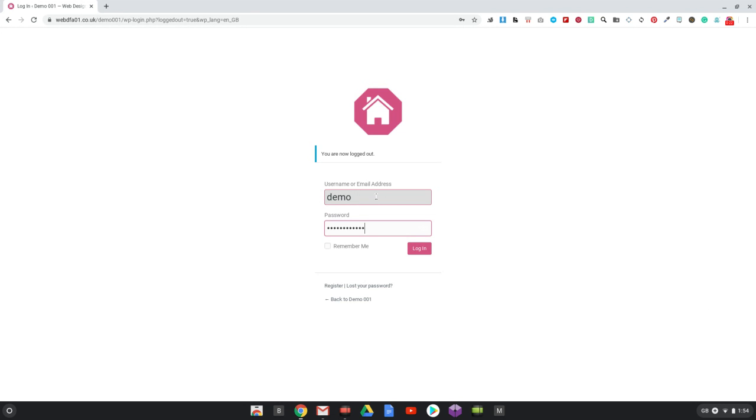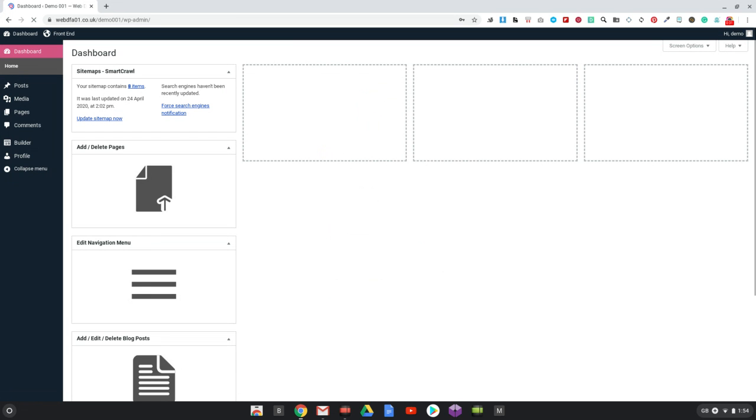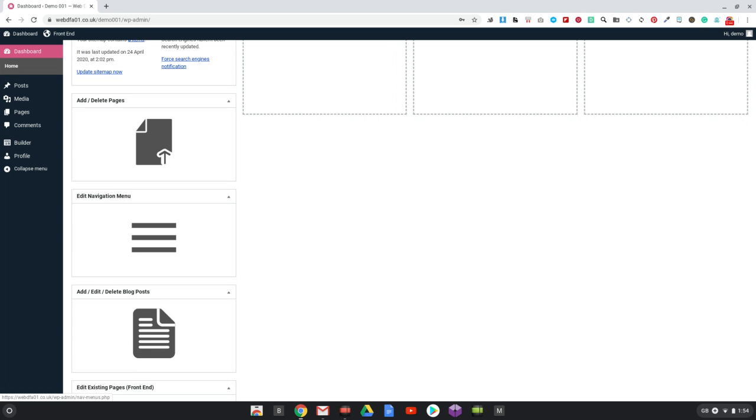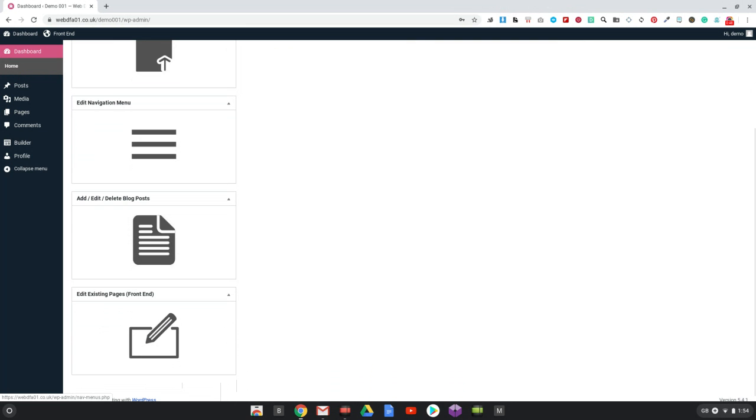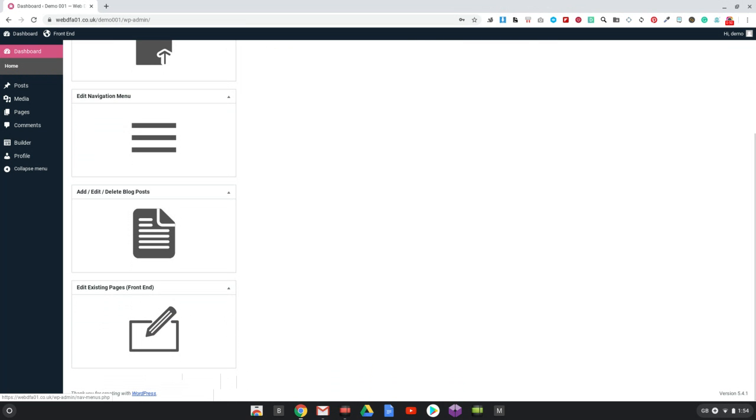Always use the username that we give you and the password that we've supplied you with. So type that in and then click login. And you should find yourself in the dashboard, which is this area here. Once you're in this area, you'll see that there's a couple of shortcut areas showing here. For example, it says add, delete pages, edit navigation menu, add or edit, delete blog posts, and edit existing